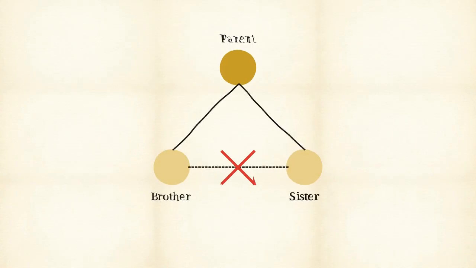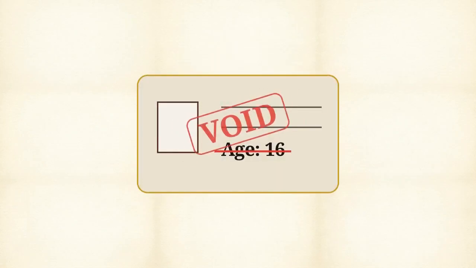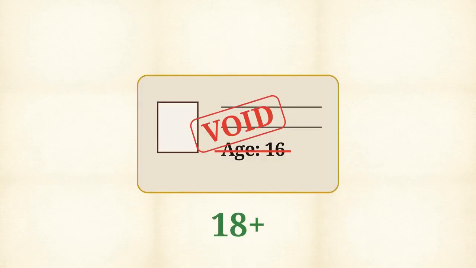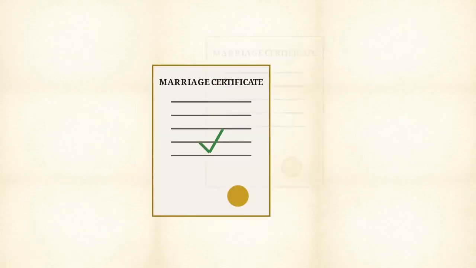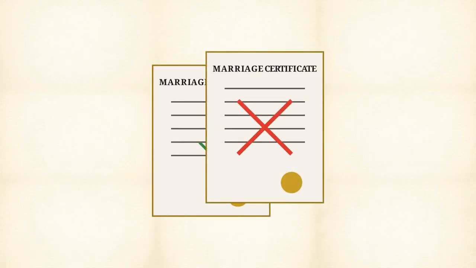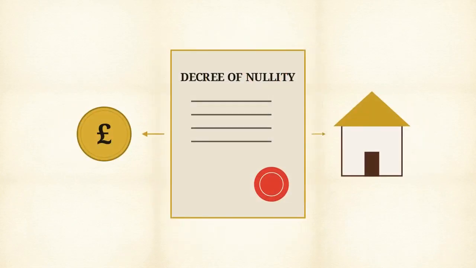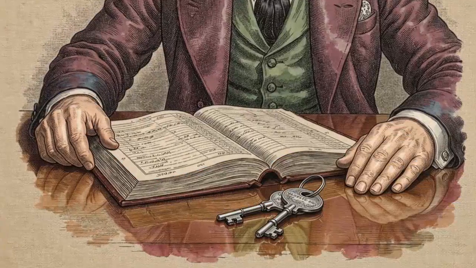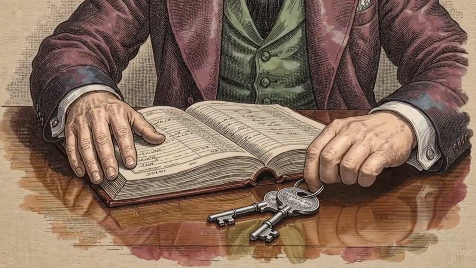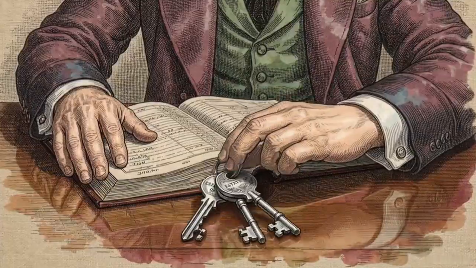The second ground is a lack of age capacity. In England and Wales, the legal age for marriage is now strictly 18. The third ground is bigamy, or a previous subsisting marriage. While these unions are void by default, parties often seek a formal court order to finalize their financial status. A formal decree provides the legal certainty needed to trigger the court's power to divide assets, even in a marriage